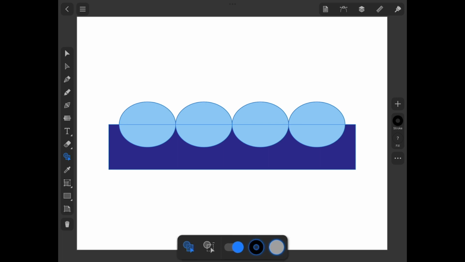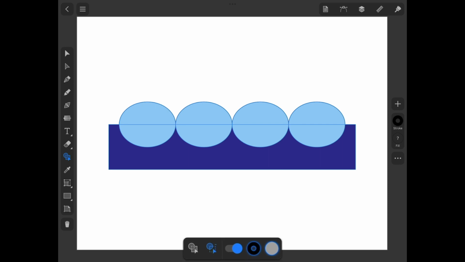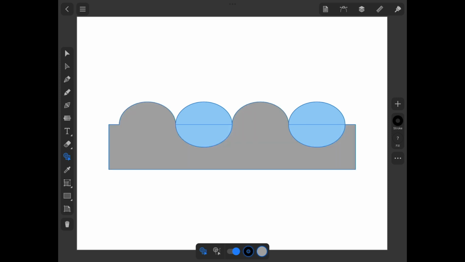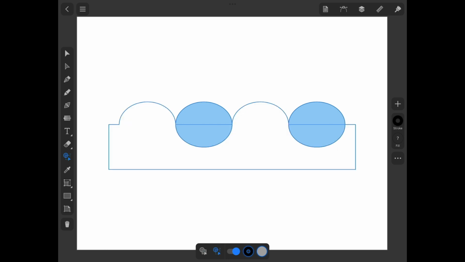There are several options at the bottom of the screen. Let me explain their meanings before we move on. The tool has 2 modes that can be activated using these buttons. The Merge mode joins overlapping parts of shapes. The Erase mode deletes parts of shapes. If we draw with the tool across shapes, the app will detect the underlying part of a shape and highlight it. Depending on the mode, such an area will be added to a new shape or it will be removed.